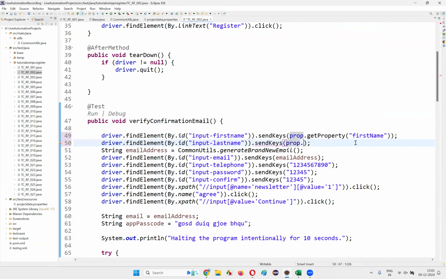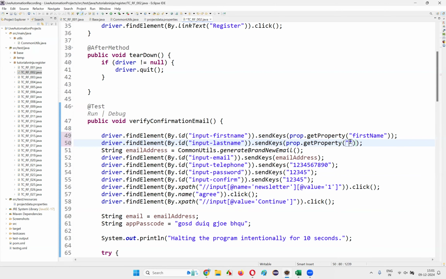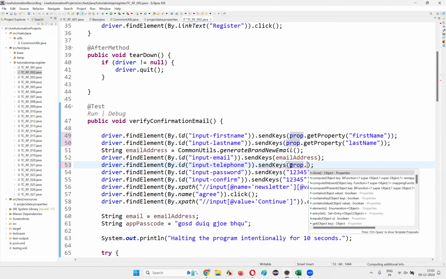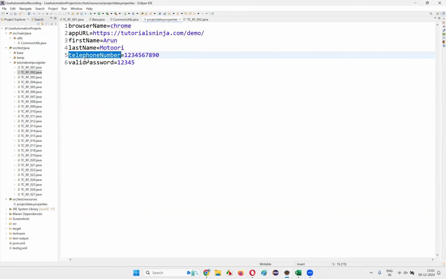Prop.getProperty and here you will give last name, paste it here, and then telephone, for telephone also prop.getProperty, here you write down telephone number,